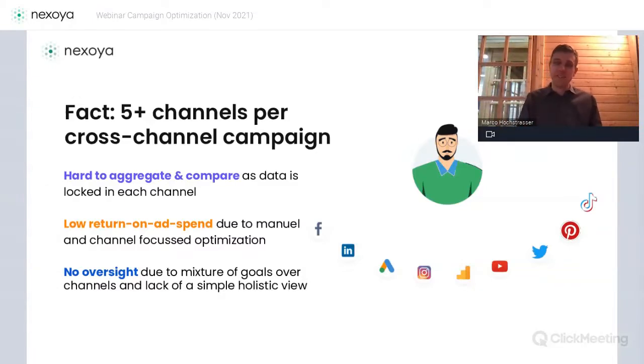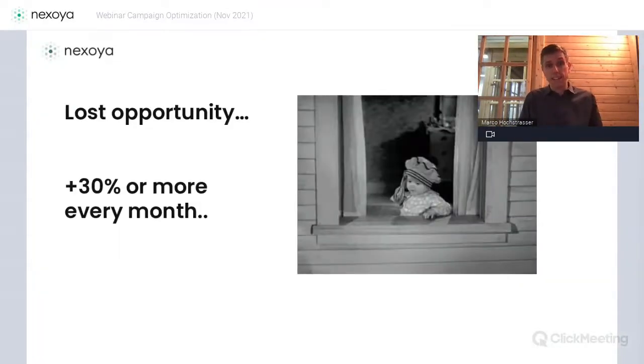It's always a lean and a heavy changing funnel process, or the journey the user has, and you basically don't have a view on which channel works, how good the return on ad spend actually is, and it's just very hard to keep on site. And to be very blunt, you basically lose a lot of opportunity here. And we actually expect this little child girl to throw money out of the window, which she usually does in the Giphy. But fact is, you could get 30% or more every month